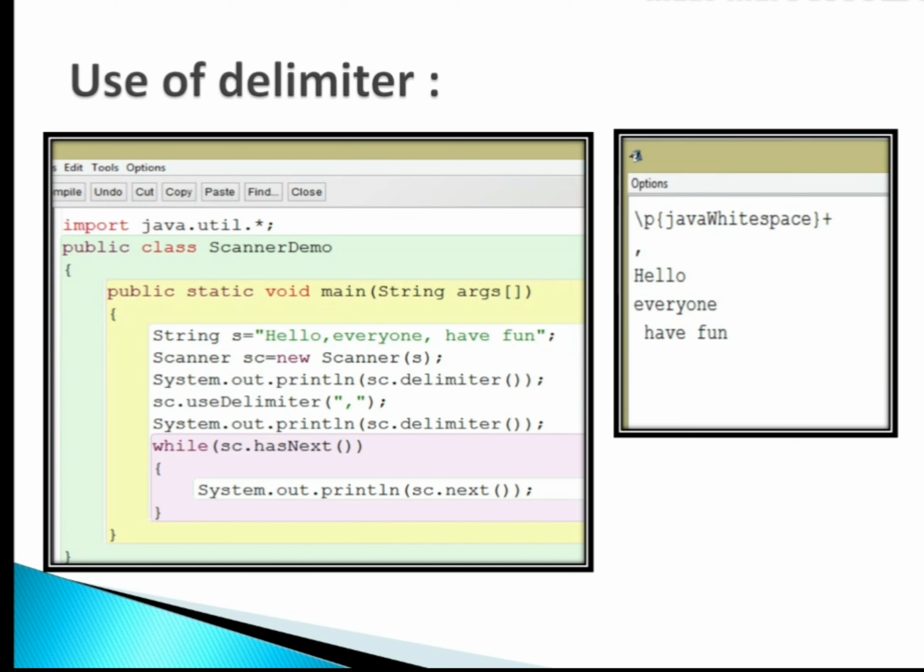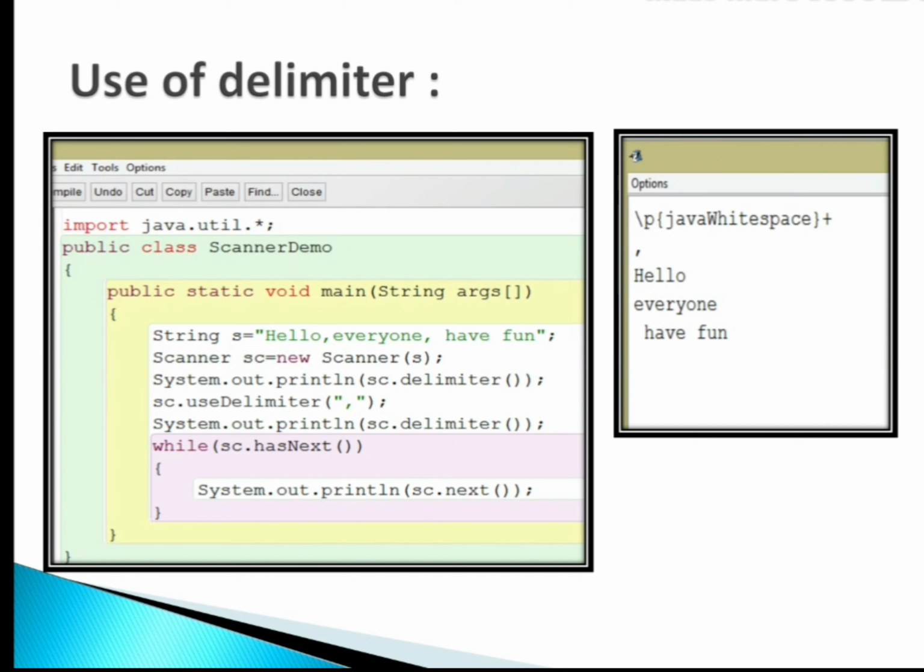If you want to change your delimiter, you have to specify it within double quotes by using the function useDelimiter. What we have to write? Object.useDelimiter within double quotes, any delimiter. If you want to see whether the delimiter is changed or not, you can see with the function delimiter. System.out.println sc.delimiter shows us comma. See, in the output comma is present.